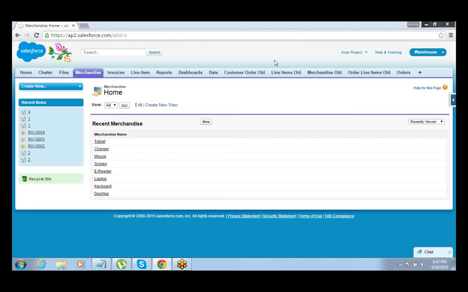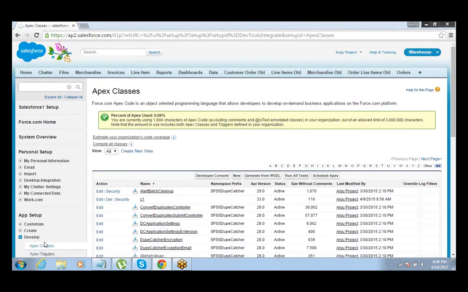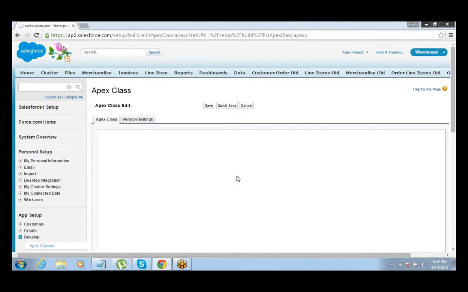How do I create a class? Where do I go? Anyone who can suggest the navigation? Wake up. Setup and develop. Great. Setup and then develop. Not developer, develop. Under that, Apex Classes. Yes, right? So this is where we are going to write the instructions. Okay, so then go and click on New Class.